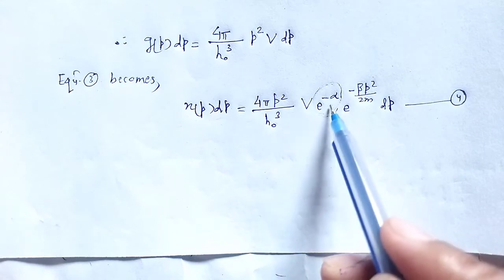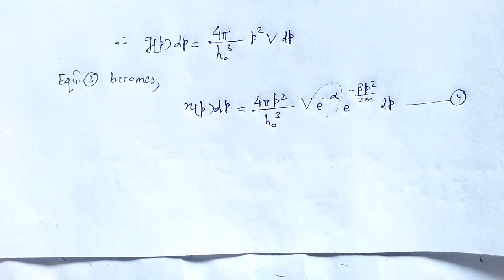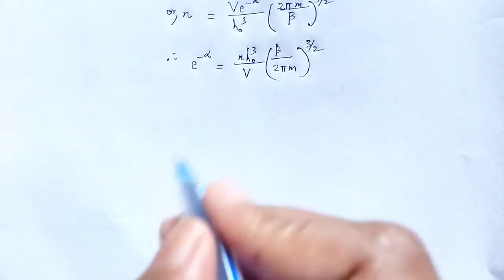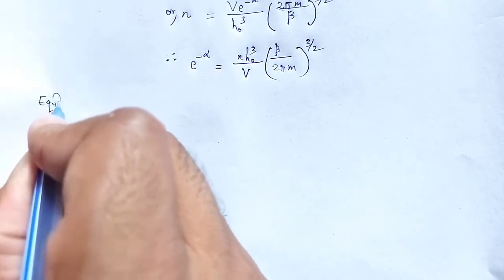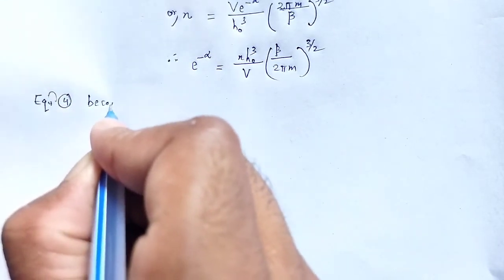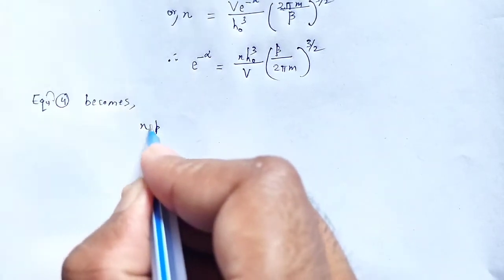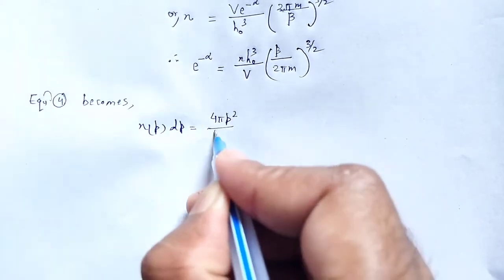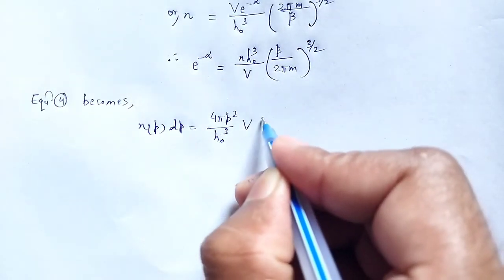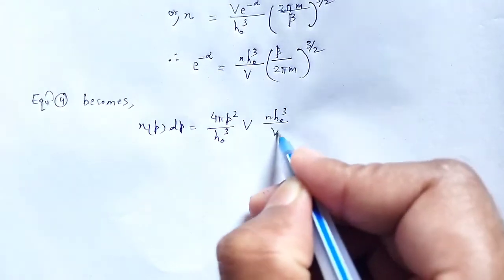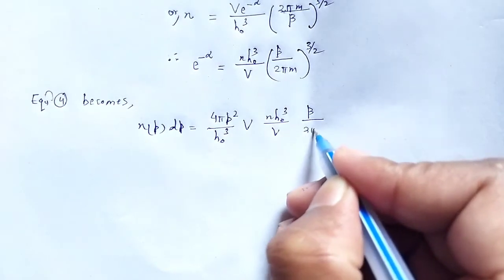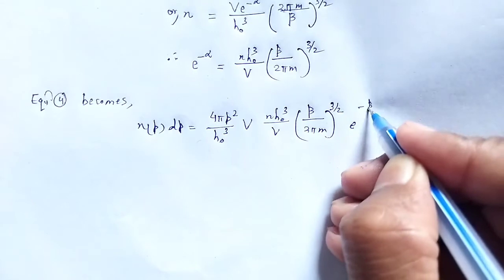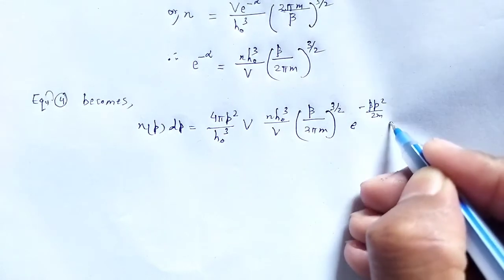So e to the power minus alpha is put here, then equation number 4 becomes n(p)dp is equal to 4 pi p square divided by h naught cube V, N h naught cube divided by V, beta by 2 pi m to the power 3 by 2, e to the power minus beta p square divided by 2m dp,